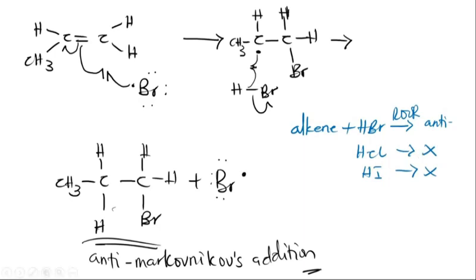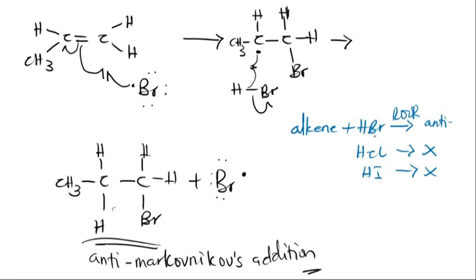Why is it so? This is because HCl and hydrogen iodide do not undergo the reaction, since the reaction between HCl and hydrogen iodide with an alkene is an endothermic reaction. So because it is an endothermic reaction, the reaction does not have the right reactivity for the radical chain reaction to occur. So to note is the fact that the addition of